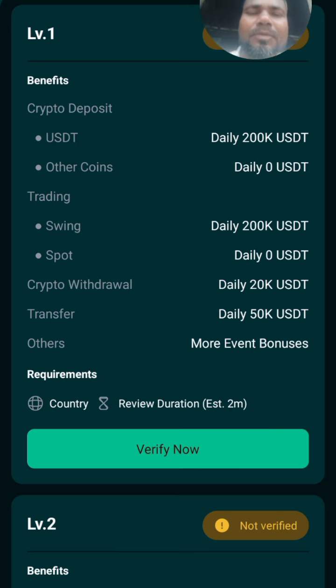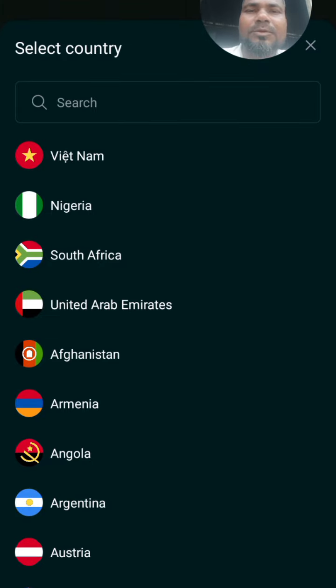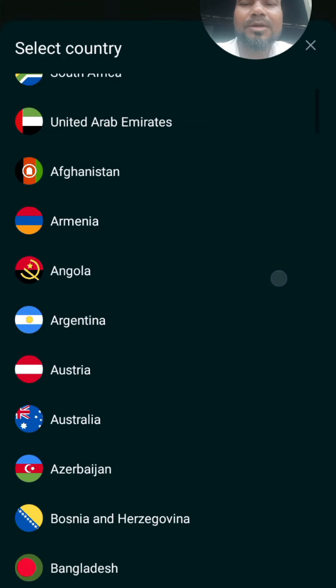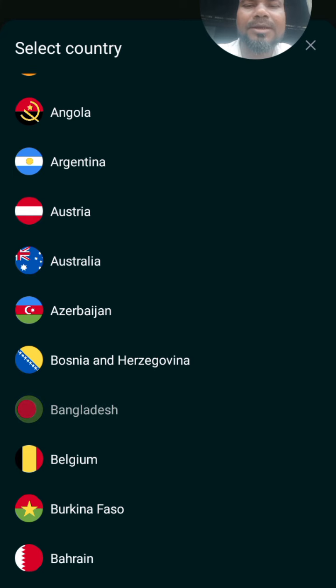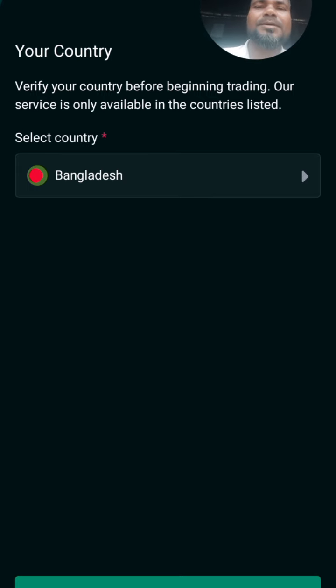From here, go to verify now. Select your country. That means you have to select your own country. Okay. From the drop down list, find your own country and select it. Click next. Your first level of KYC verification is